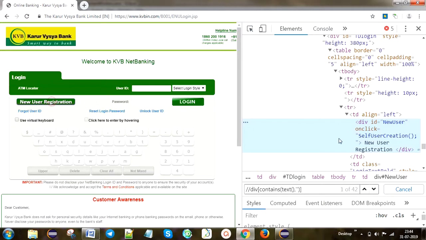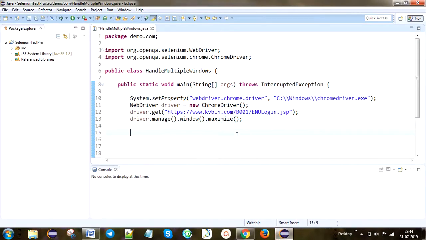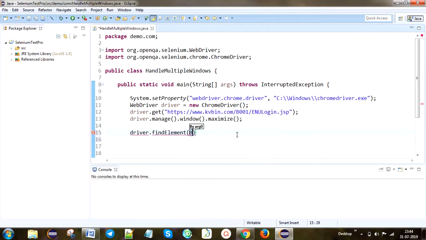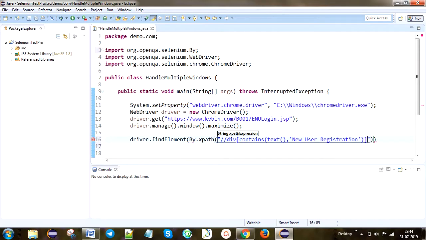You can copy this link word and paste it. You can see the matched element count is 1. We want to check whether the matched element count is 1 or 2. Copy. Here I am going to click on that link, and only then do we get that child window. So, click.